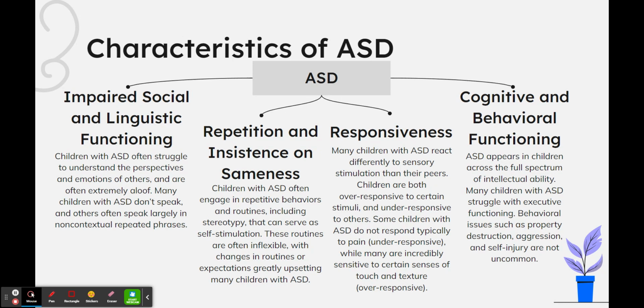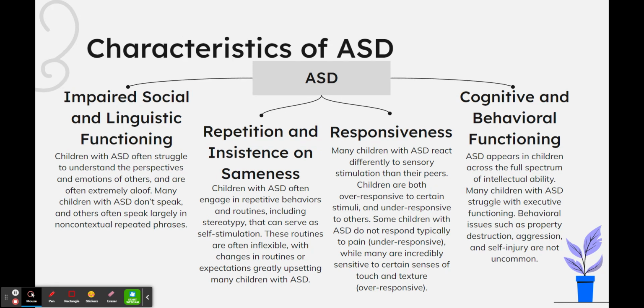Under-responsive children are often under-responsive to pain, and this can put them at greater risk for things like self-injury. And then I do want to note that autism spectrum disorder appears in the full spectrum of intellectual ability. So children with autism spectrum disorder are not necessarily intellectually inferior to their peers or anything like that at all. And many children with autism spectrum disorder struggle with executive functioning, and then they can also have behavioral issues such